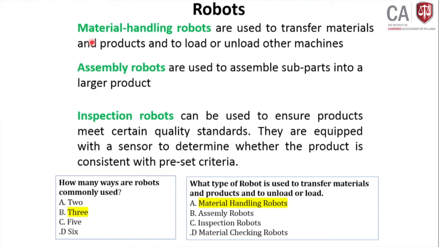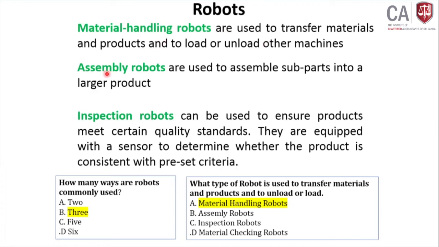Robots. Have you seen the robots? Yes, it's a common thing. So in this the BL8 also they talk about robots. You don't need to go into details about what the robot is. You can identify the model of that. There can be 3 types. Material handling robots. Those are the robots that transfer the material from one end to the other. In the factory environment, they transfer the product from one end to the other. So that is a material handling robot.